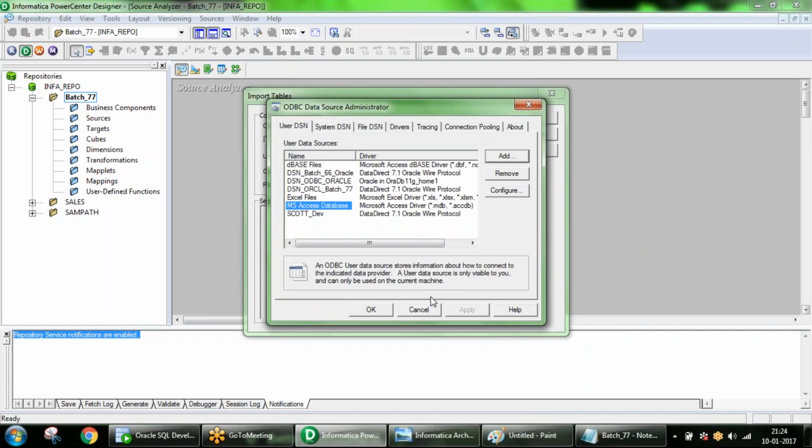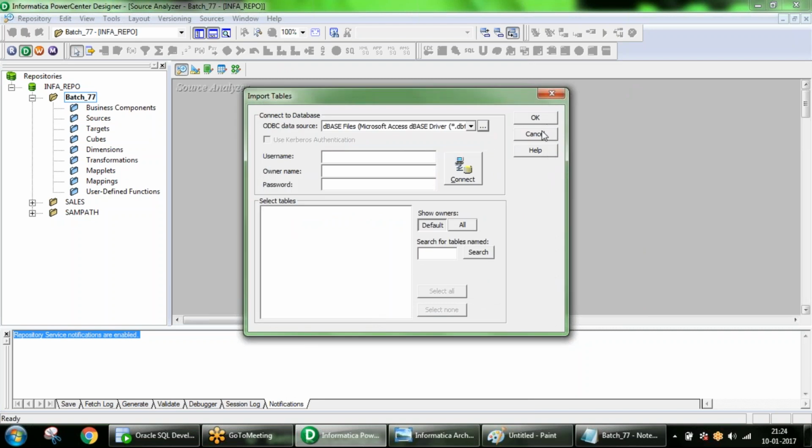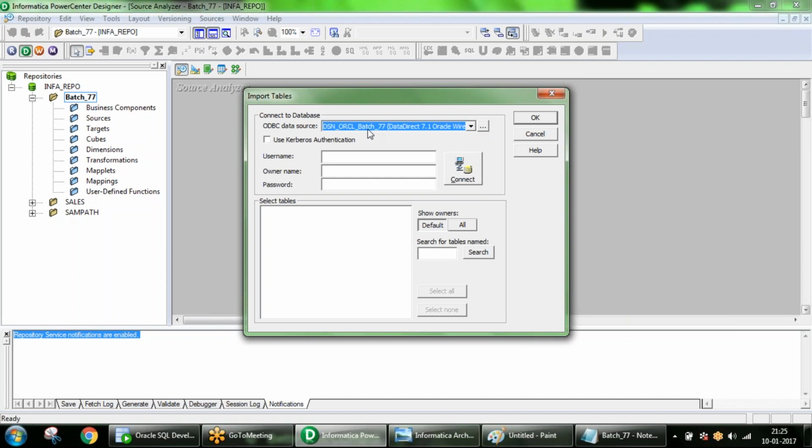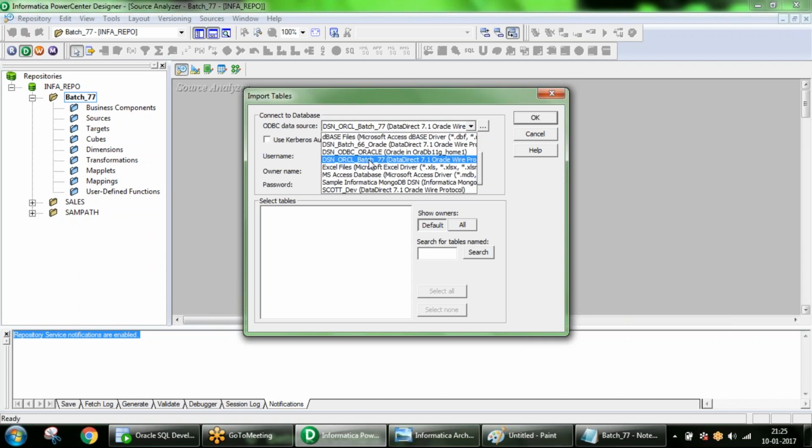Maybe if you are part of any project, the seniors will create it for you because they don't want to give out all the database user IDs and passwords. So it's created now. You can have a number of connections in your system. Let's say I want to communicate with one database, you will have a DSN for it.